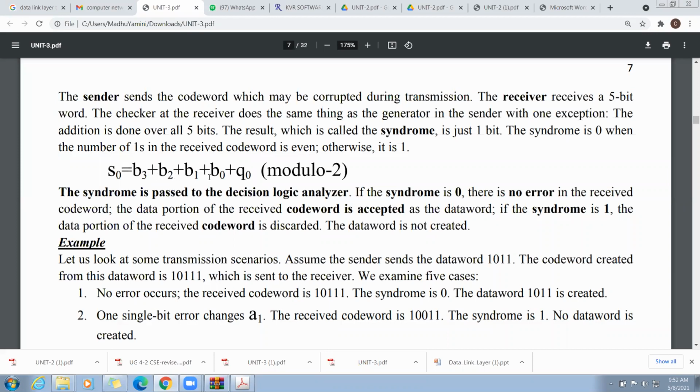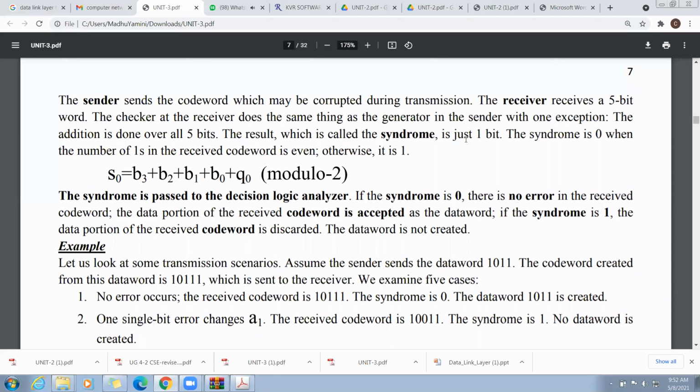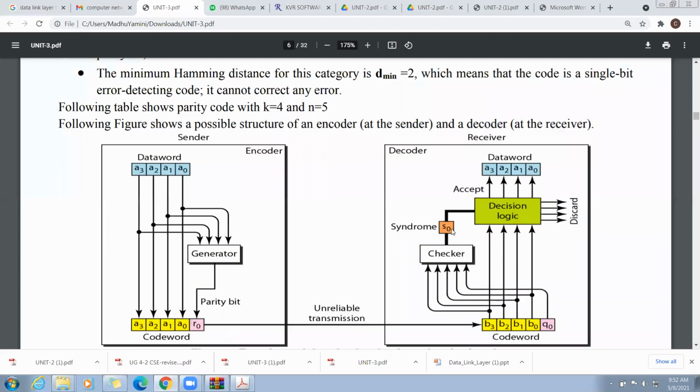The receiver, after receiving the code word, will compute B3 plus B2 plus B1 plus B0 plus Q0.